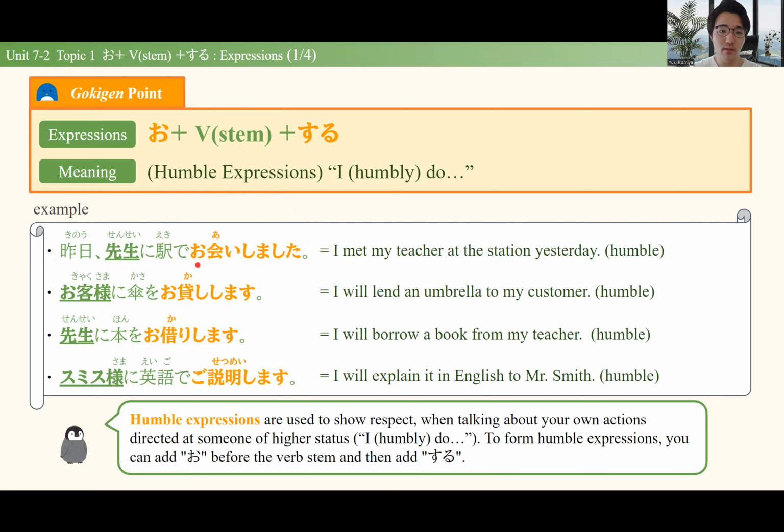And who you meet, the target of your action, is sensei. So you're showing respect to your sensei by saying お会いしました。